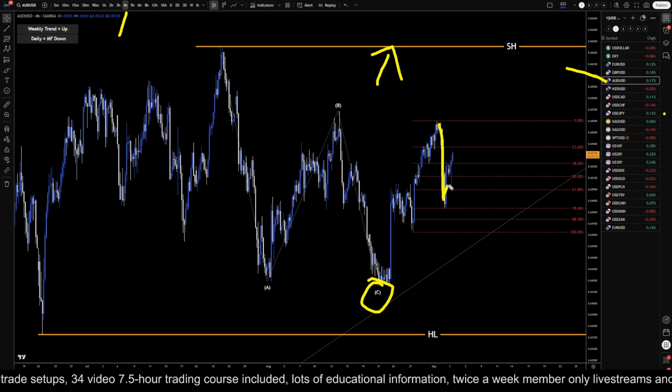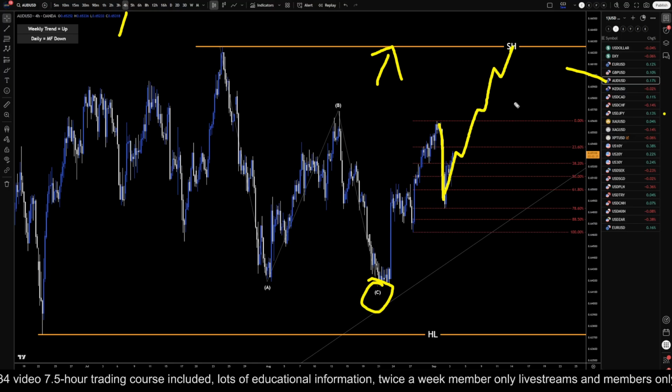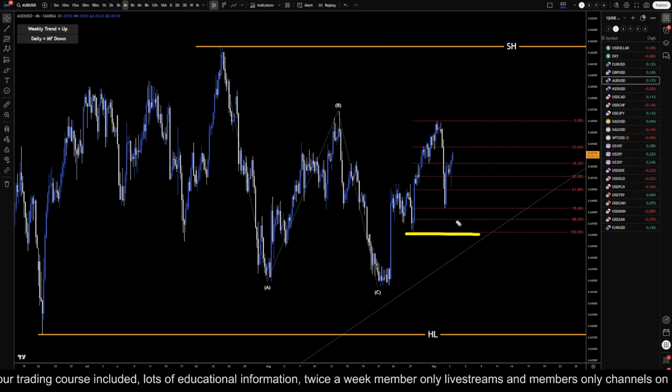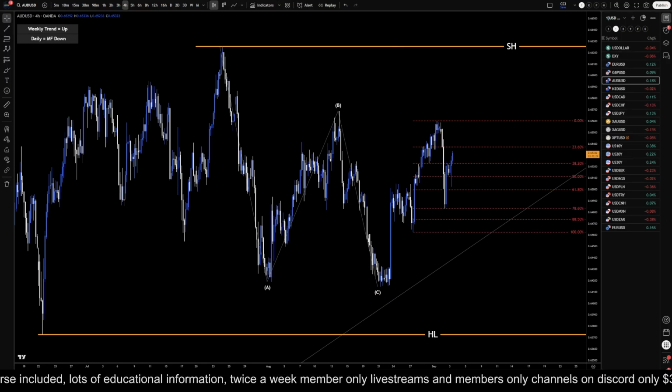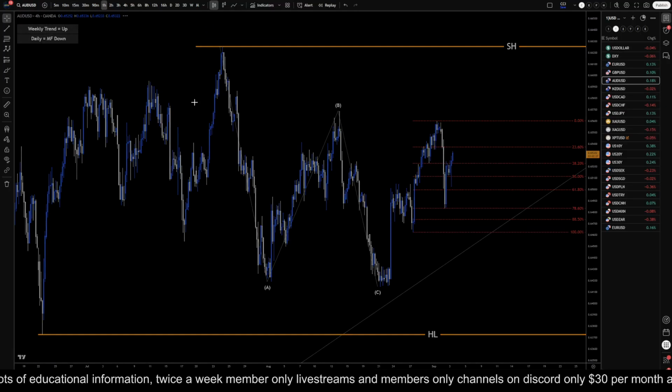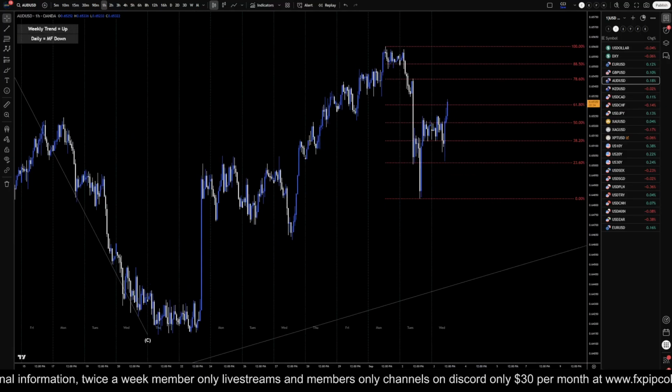So we have to be cautious. I mean, this possibly could just keep on trending up. It is definitely a higher low so far. So keeping that in mind, taking it down to the 1 hour time frame, I would definitely want to have